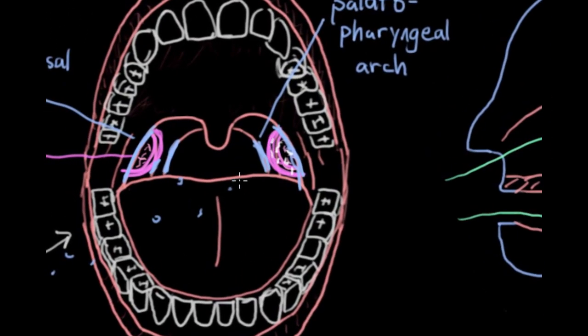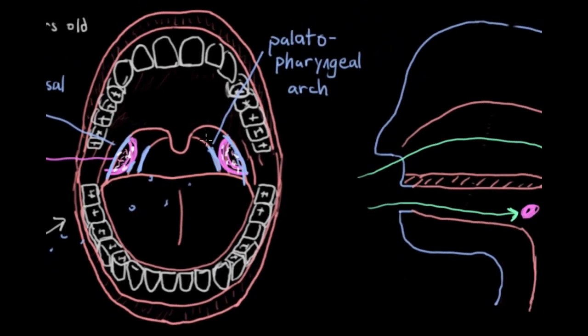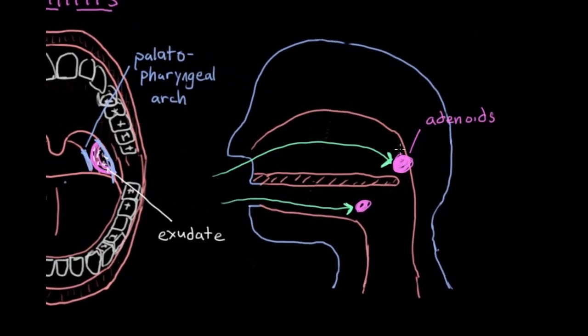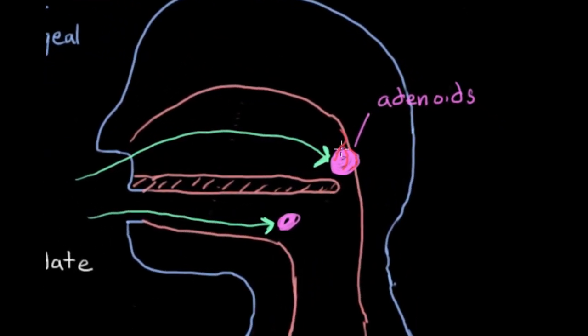An exudate is a whitish or yellow fluid that can be found on the tonsils during an infection. This tonsillar exudate is from the immune system trying to fight off bacteria or a virus. And in the process, cells of the immune system release chemicals that both cause damage to pathogens and damage to cells of our body. Some of the chemicals that the immune system releases also open up blood vessels. And since tonsils are very vascular, this allows extra flow of fluid into the tonsils. So a mix of this extra fluid accumulating along with cellular debris and viral or bacterial debris is called an